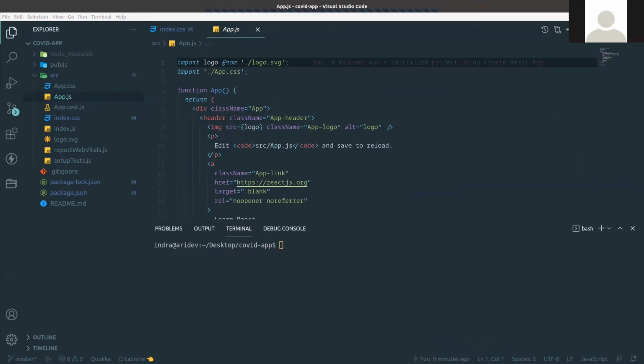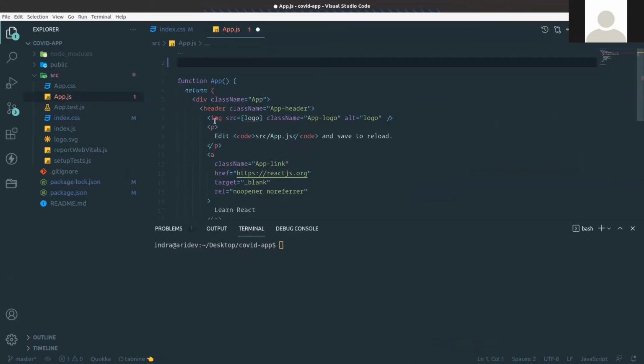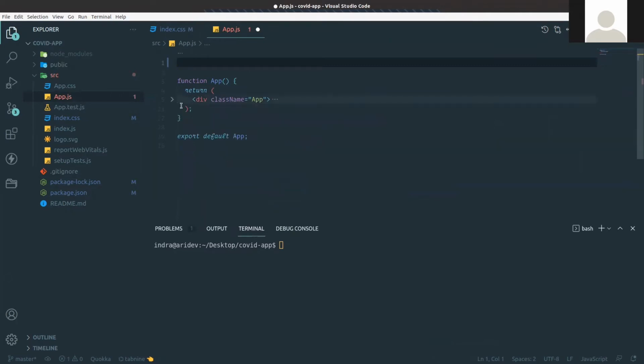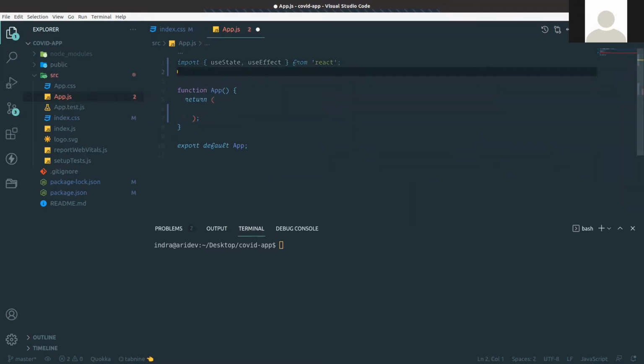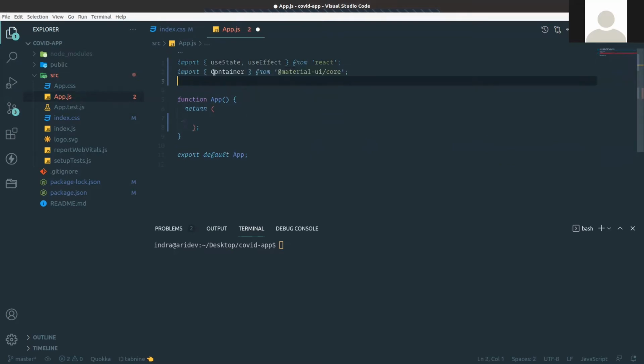In that app.js, just remove all those unnecessary codes from there. So importing useState and useEffect we need. Container also we need. For Material UI core I'm bringing it.